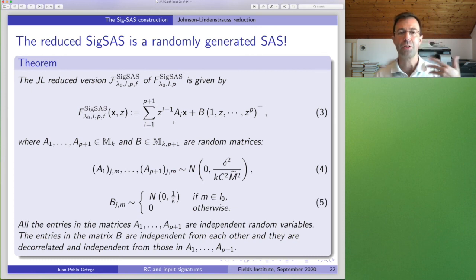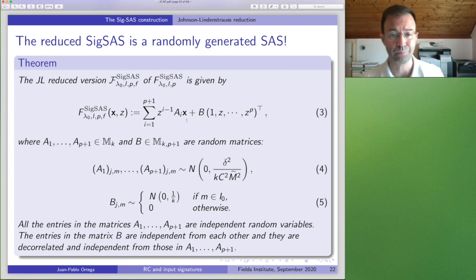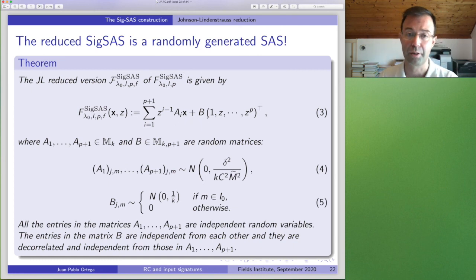Well, if you are interested in explaining the reservoir computing phenomenon and you want to see why this randomness is appearing and so on, it's fine, then you don't care about the quality of those constants. But if you're interested in efficiency, and we are all interested in that, you want to have good constants. And those constants, as I said, are not good.